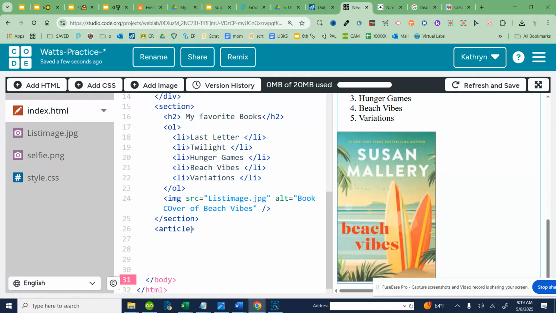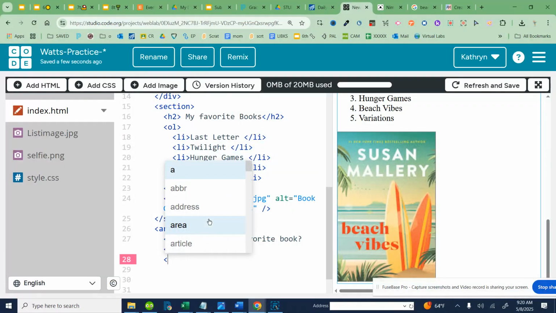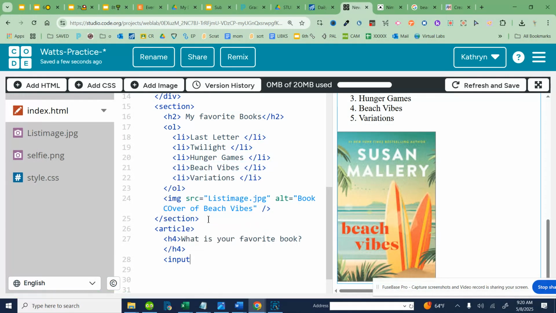And then I'm going to go ahead and type my H4. Okay. What is your favorite book? Question mark. Close the H4 on the same line. It's a single line of code. Enter. Okay, line 28, input tag, input, make sure you're spelling it right, in, type, and you can just hit